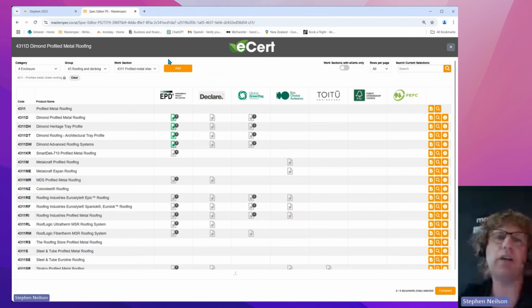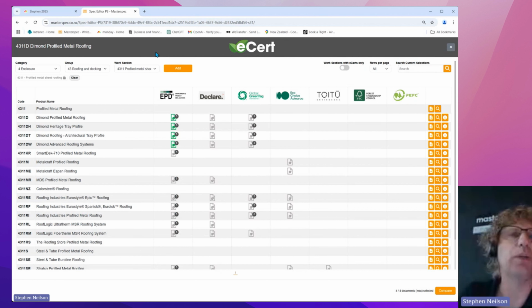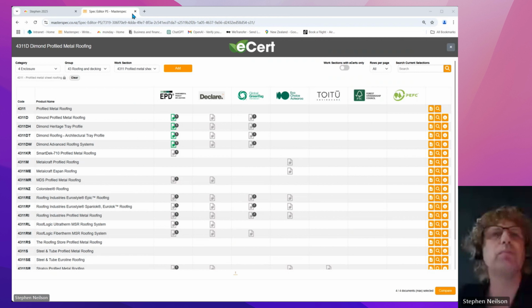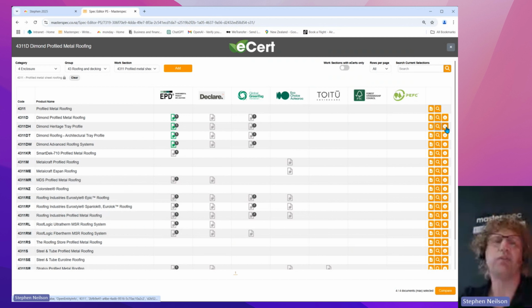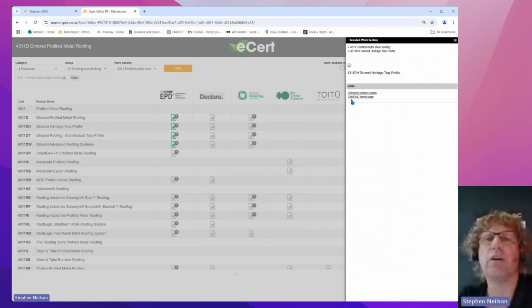Right now we're looking at work sections that we haven't actually added to our specification, because we're comparing the materials that are in there to see if they're the right ones that we want for the eCert, for the green accreditations that you're looking for in your building. Like normal, we have the normal tools over here that you'd see in our normal library, which is like a full download. You can look at the actual work section itself in full in here. And on the end is just the information about the manufacturers themselves, like contact details and their homepage